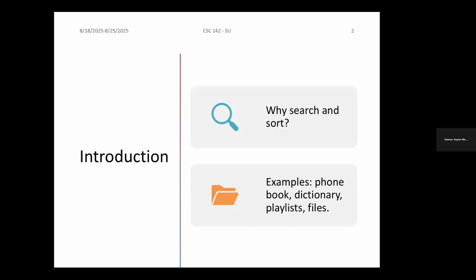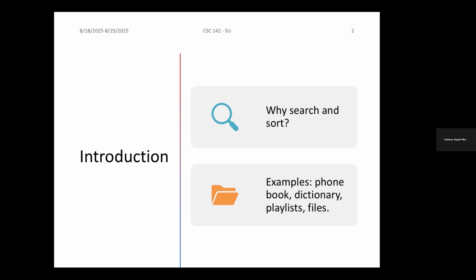Why are we looking at searching and sorting? For example, in real life we can think about a phone book, a dictionary, a playlist, or files. The simplest case is when we have a large amount of data and we want to search the data for a particular value.